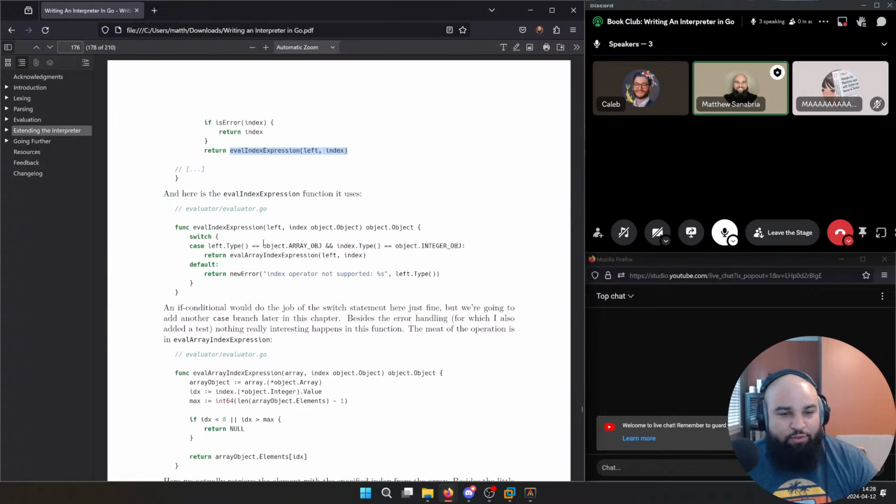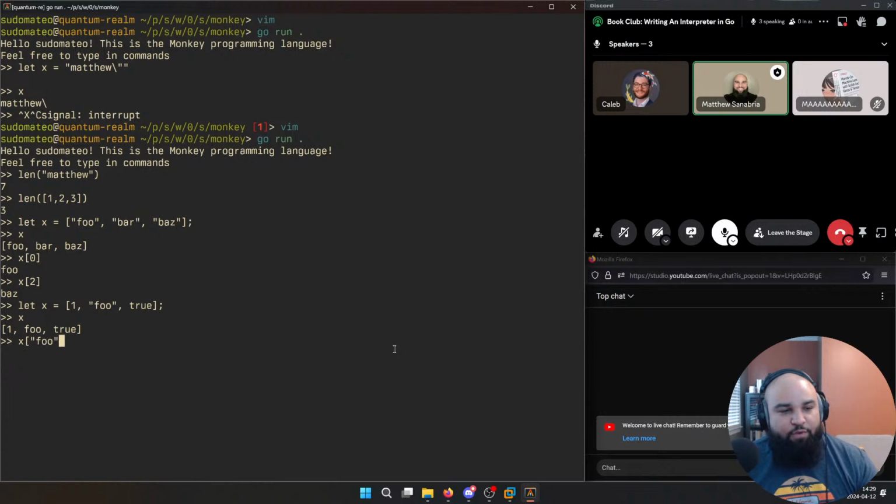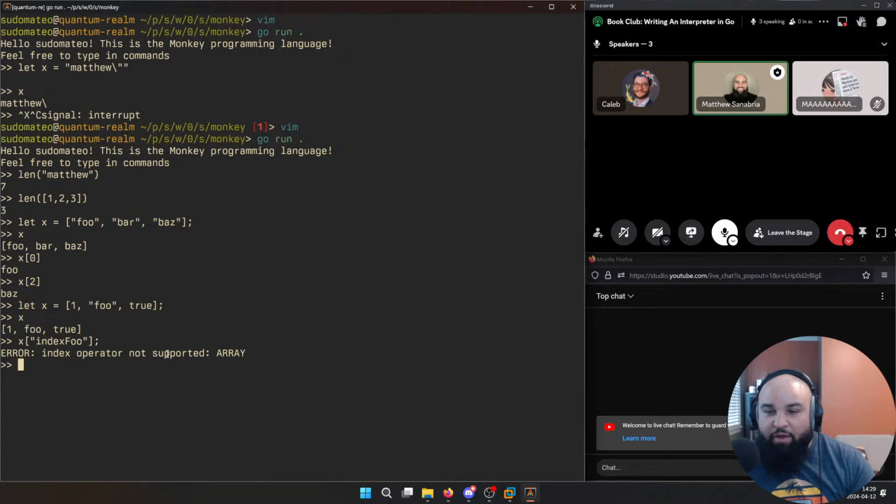Makes sense. And under the hood, when you take a left and a right and you evaluate it, you have to then do some assertions to make sure that both sides that you're getting are of the correct type that you need. So what does that mean? That means the left side needs to be an array, because you can't index anything other than an array. That would be a syntax error. And then the right side needs to be an integer, because you can't index an array with a string, right? I couldn't do x of foo, or x, index foo. I couldn't do this. This gets me an error.